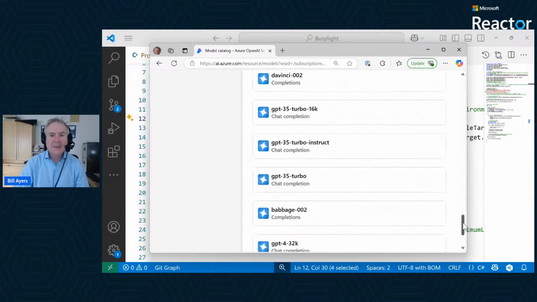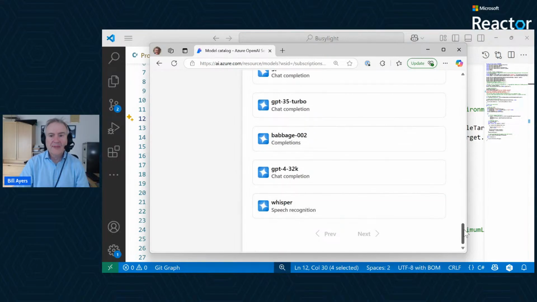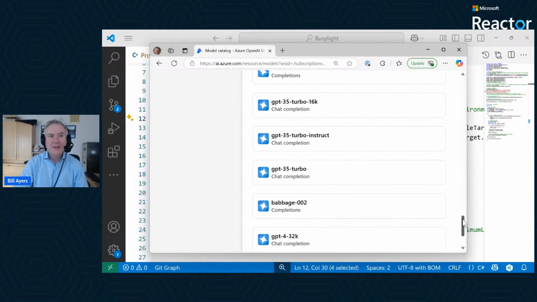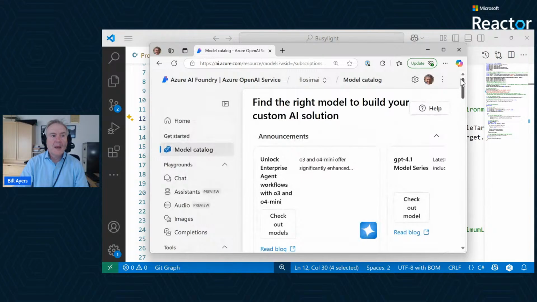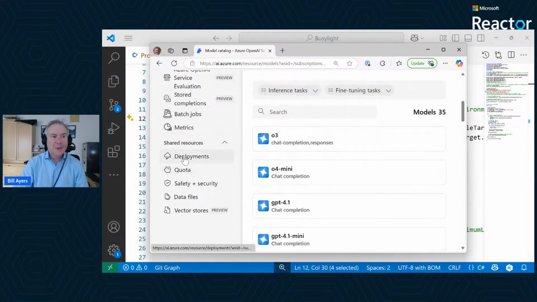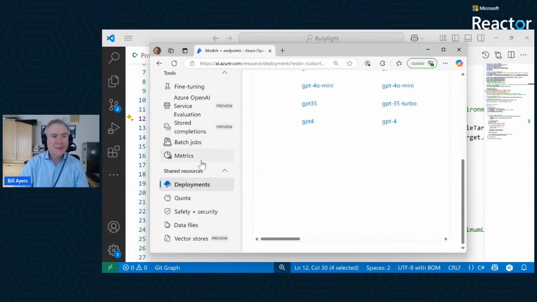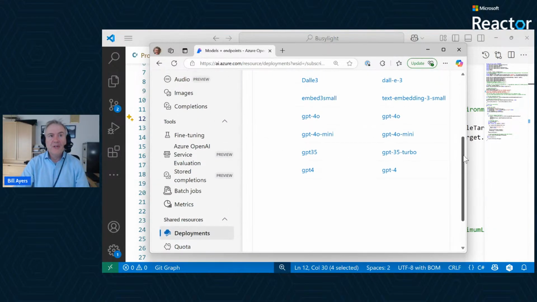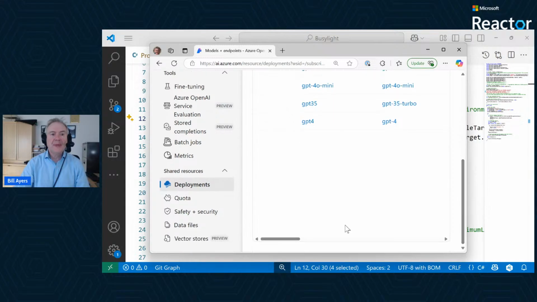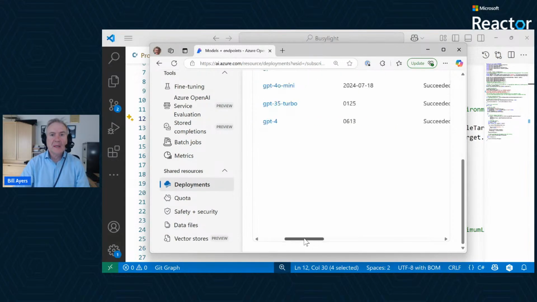There may be others depending on what sort of licensing you have and so on. And they're not all OpenAI. There are others from other providers as well. So there's a wide range of models that I can pick from. And then what I can do is deploy them. So I can create a deployment. There are other ways of using Azure AI Foundry, but this is the way I've used: I've deployed a number of these models. So I've taken the GPT-4 model and I've deployed that, and it's actually 613, which is